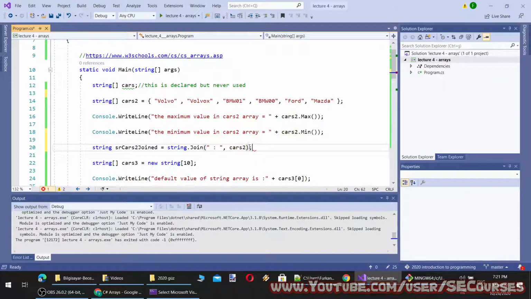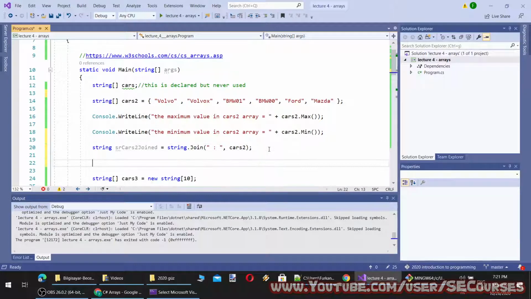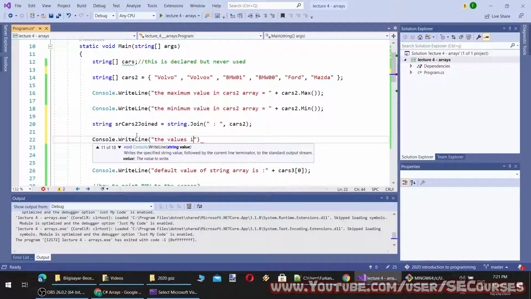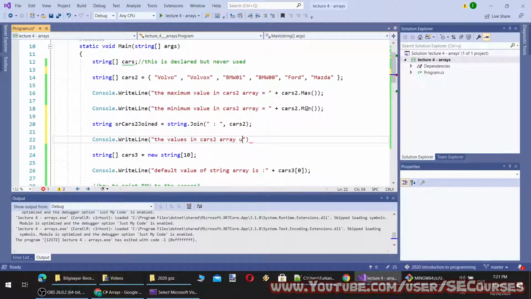So we will see what cars 2 is composed of. Now I'm going to add this one. I can alternatively use these as well. If I put a dollar sign in front of the string, I can add this like this.